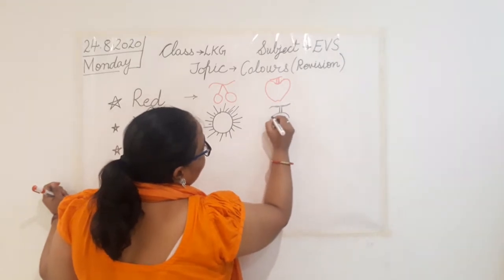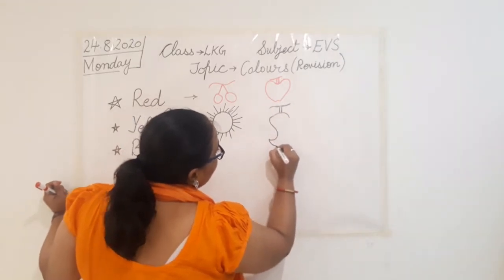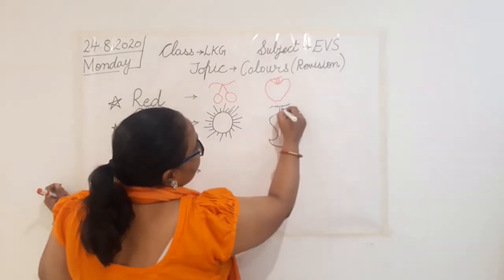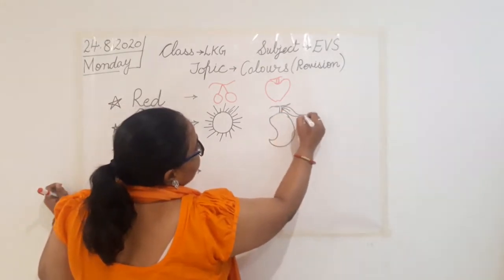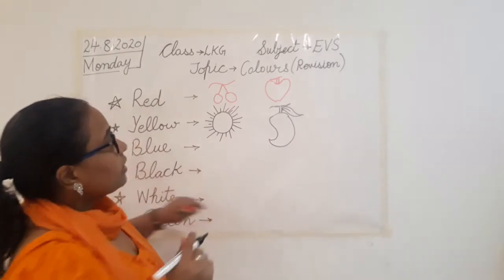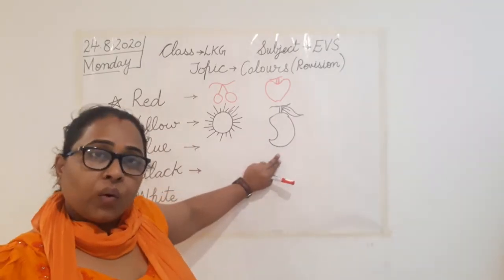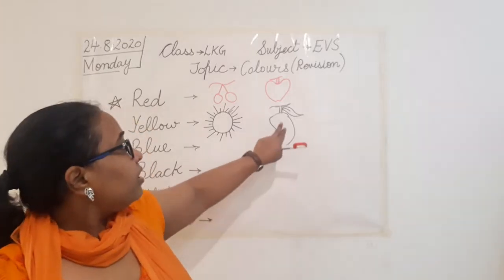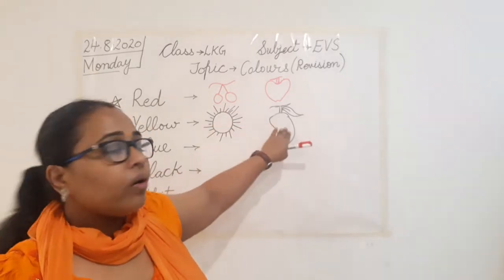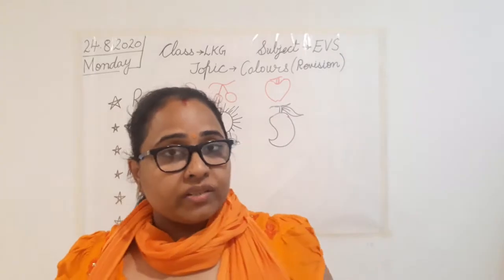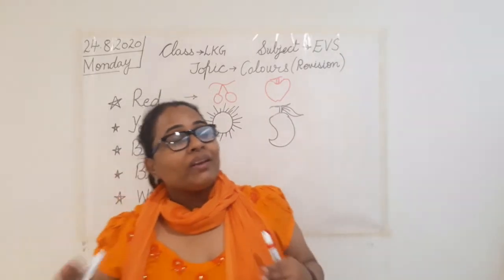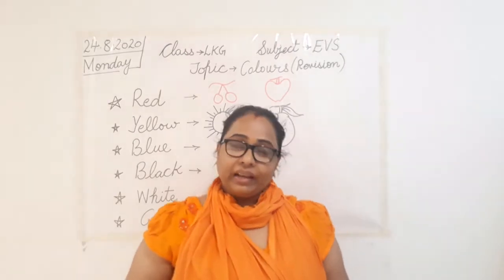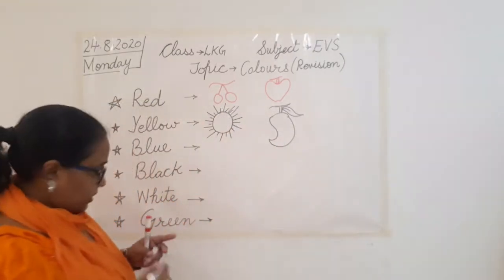एक ऐसे कर्व बनाइए like this and join it. And after that, draw a leaf like this. So what is this? It's a mango. So mangoes are also yellow in color. We have learned to draw a sun and mango, and both these objects are yellow in color. Clear? Now moving to the next color.